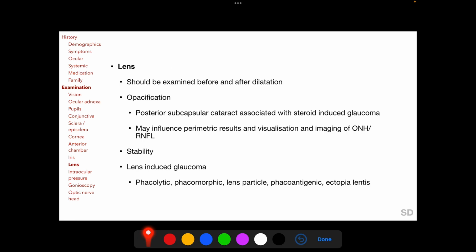The crystalline lens should be examined before and after dilatation. Opacification of the lens, such as posterior subcapsular opacification, is associated with prolonged steroid exposure, and opacification of the lens may influence perimetric results and visualization and imaging of the optic nerve head and the retinal nerve fiber layer. Instability of the crystalline lens can occur in pseudoexfoliation syndrome and following blunt trauma, and in lens-induced glaucoma, the crystalline lens directly contributes towards raised intraocular pressure, and we will be discussing the various forms of lens-induced glaucoma in a